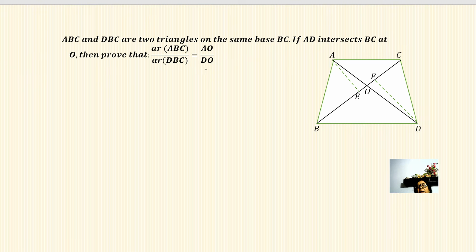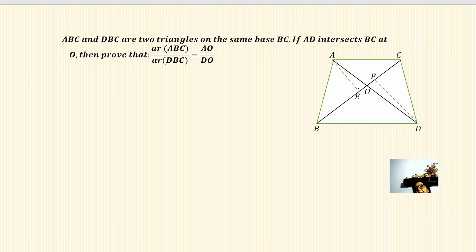Next question is again based on right angle triangles. Basically here we have initially been given two simple triangles ABC and DBC. They have a common base BC. Now we have to prove this particular relation: area of ABC by area of DBC is equal to AO by DO. So we have to do a bit of construction here. First of all, the triangles have been drawn with the base BC and the two, AD and CB are intersecting at the point O.